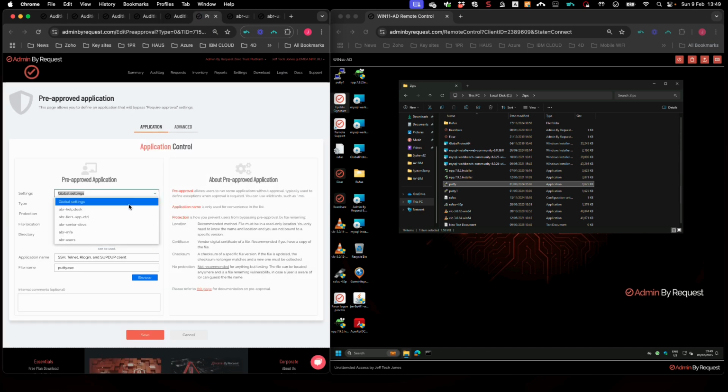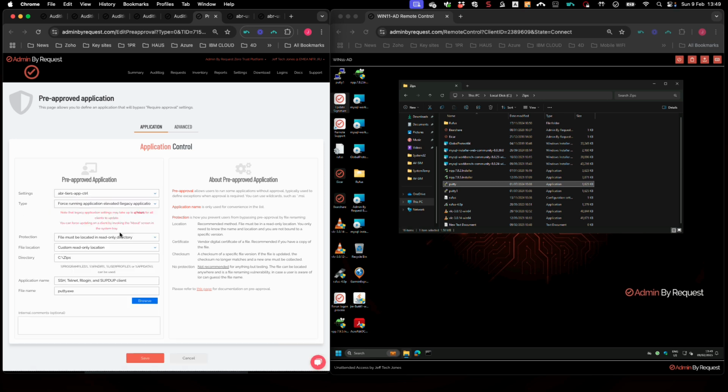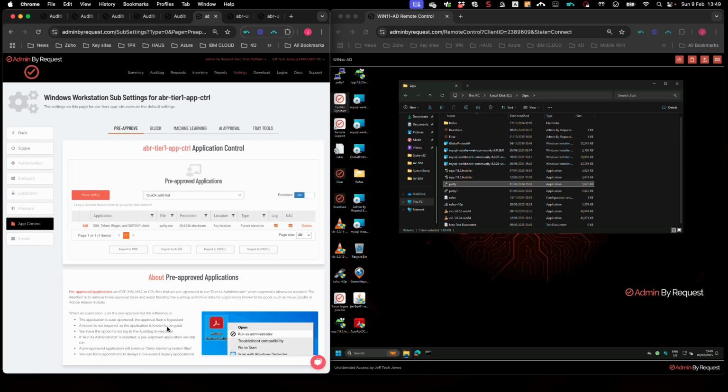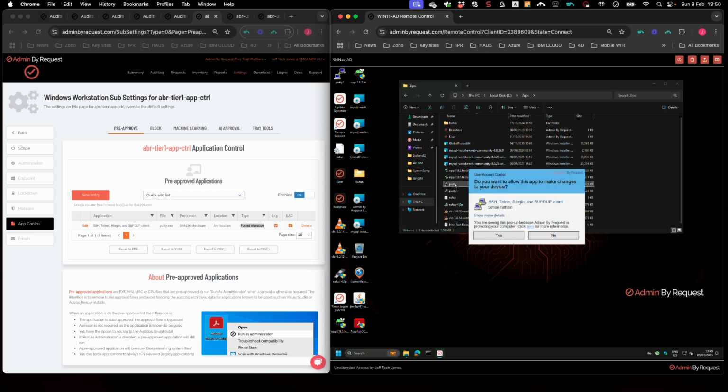and I can select it in my subsetting. I can create the legacy force elevate rule, and I'm going to use the checksum rule like so. Okay, so I'm going to hit save like so. So you can see force elevation is turned on. Now, if I just double left click on this, it's going to force admin bar request to